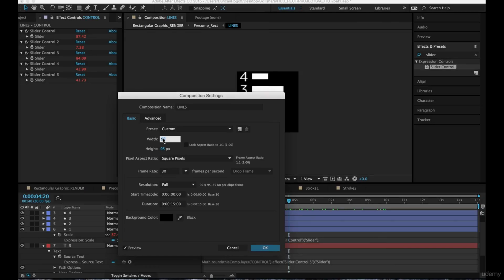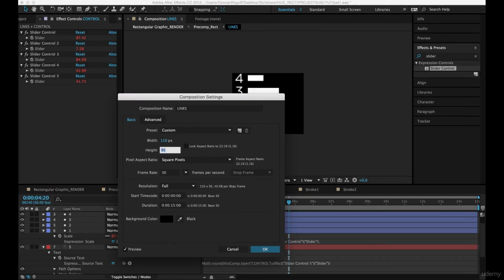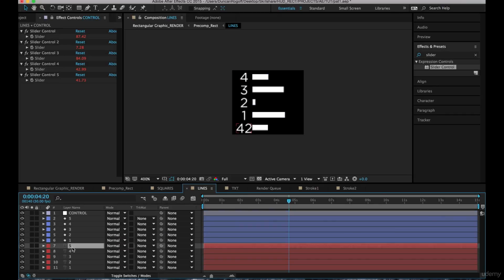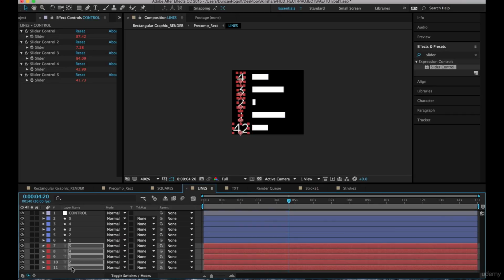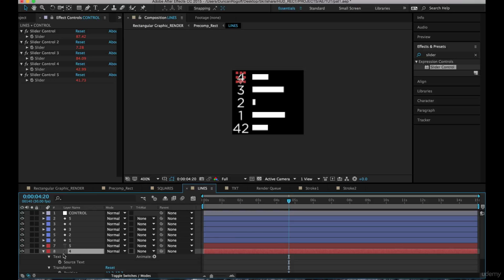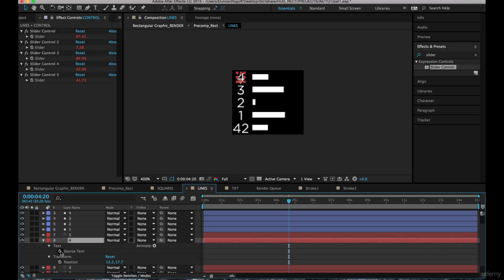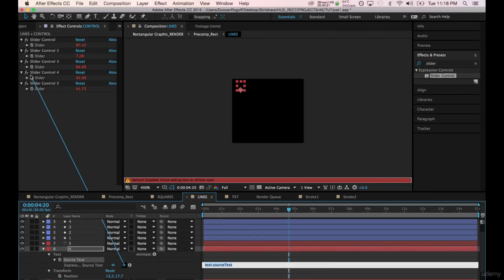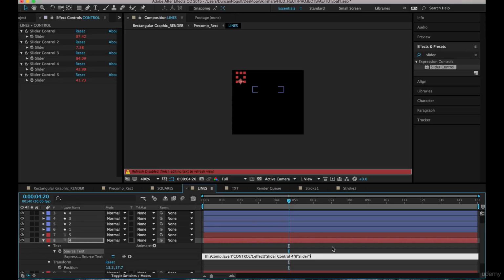Looks like everything's a little tight. I'm just going to give this a little more room. Select our numbers, scoot them over, give it a little more breathing space. I'm just going to go down the line. If I press U twice, it'll bring up all our parameters. Alt-click our stopwatch, take our source text for text layer 4, parent that to slider 4, and you can see